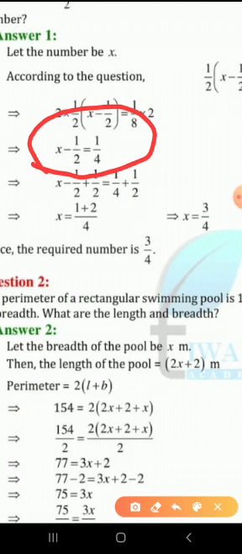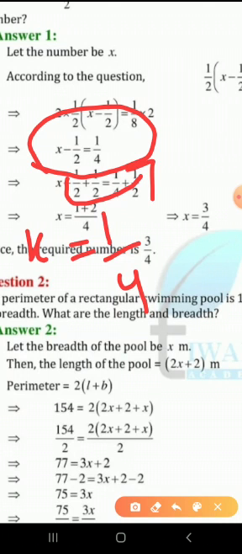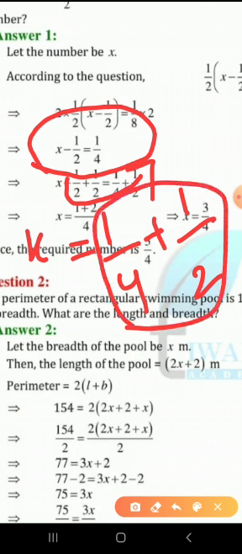Now in order to solve it, on the left hand side it is x minus half, so we will take this minus half to the right side. Like terms we are collecting, all the constants we will collect. So 1 upon 4 stays on the same side, we are not changing the side of 1 upon 4. What we are doing is shifting minus half to the RHS. We are changing the side, the transposition method. So the sign will change. Subtraction will become addition. So minus 1 upon 2 will become plus 1 upon 2. Now the next step, we have to solve this addition and we will get the answer.